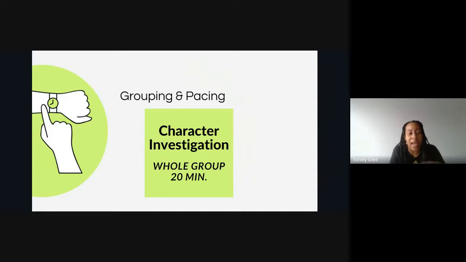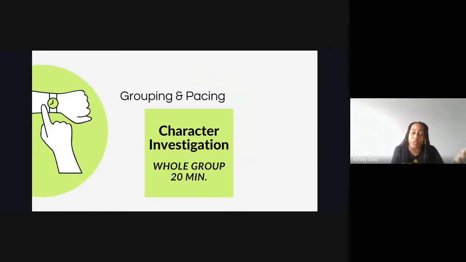And then the teacher is going to ask these higher level thinking questions. Why do people have different aspirations? Because this is going to lead them into character investigation. So then the teacher explains, okay, so why do people have different aspirations? And then it goes into, well, why might Esperanza have different aspirations? Have students think about that.